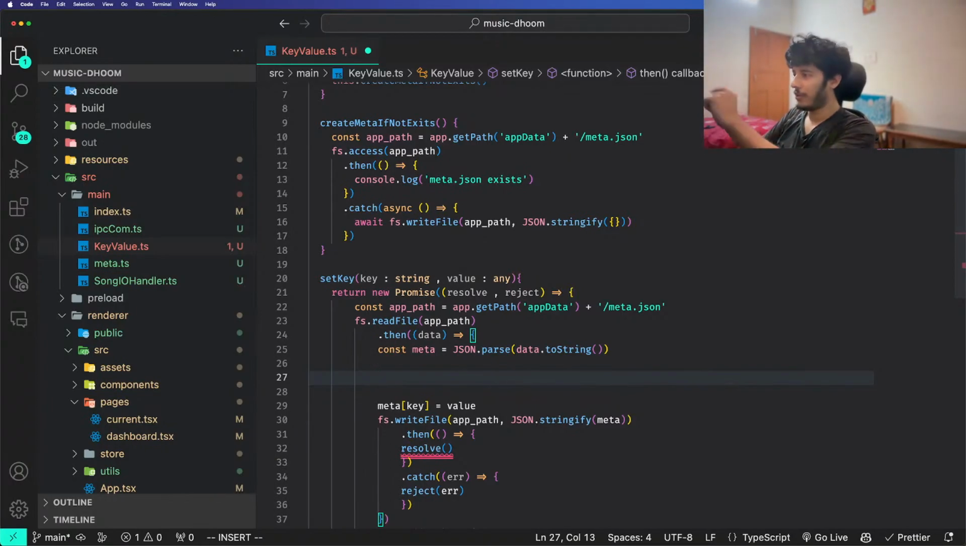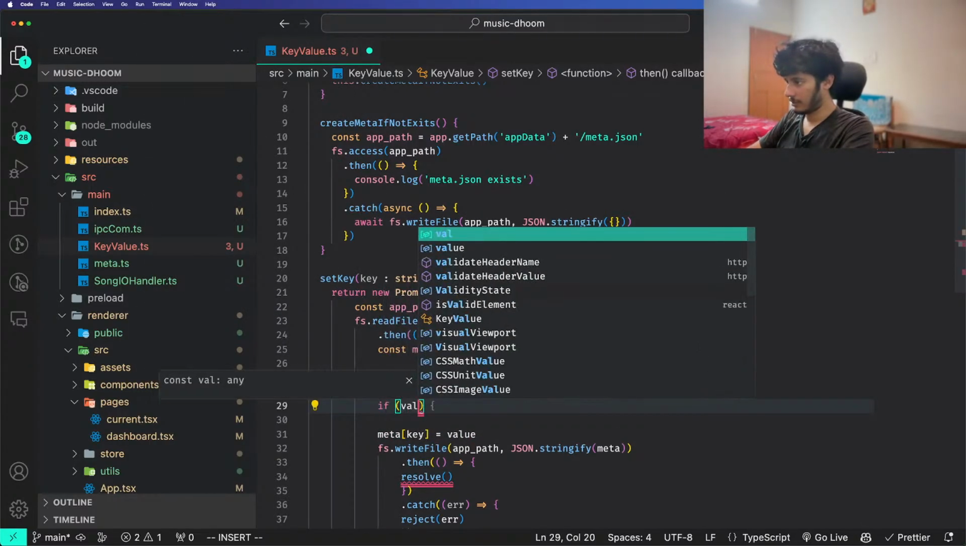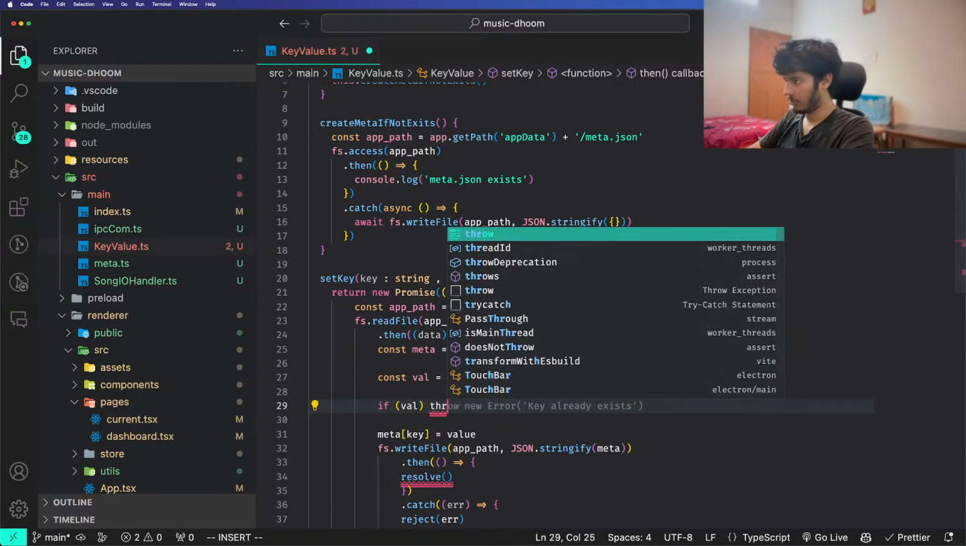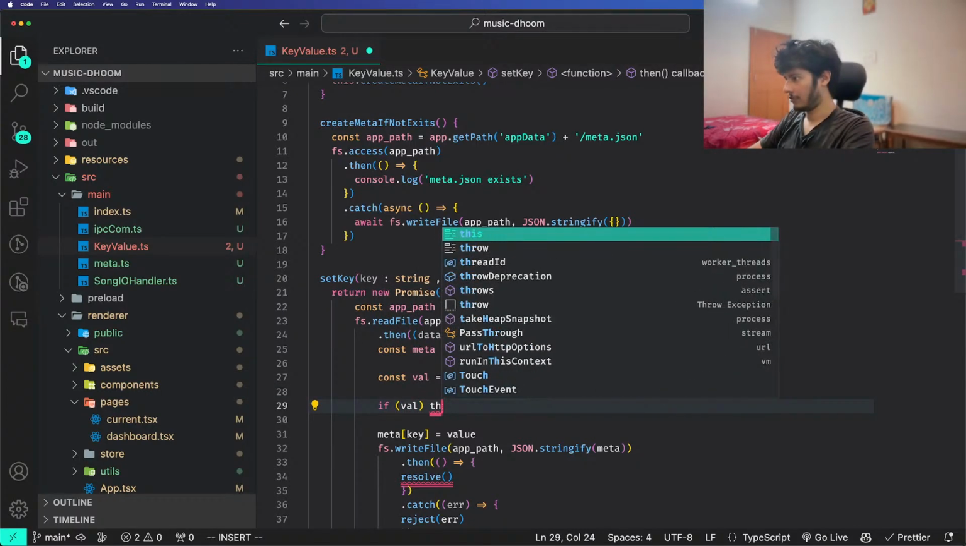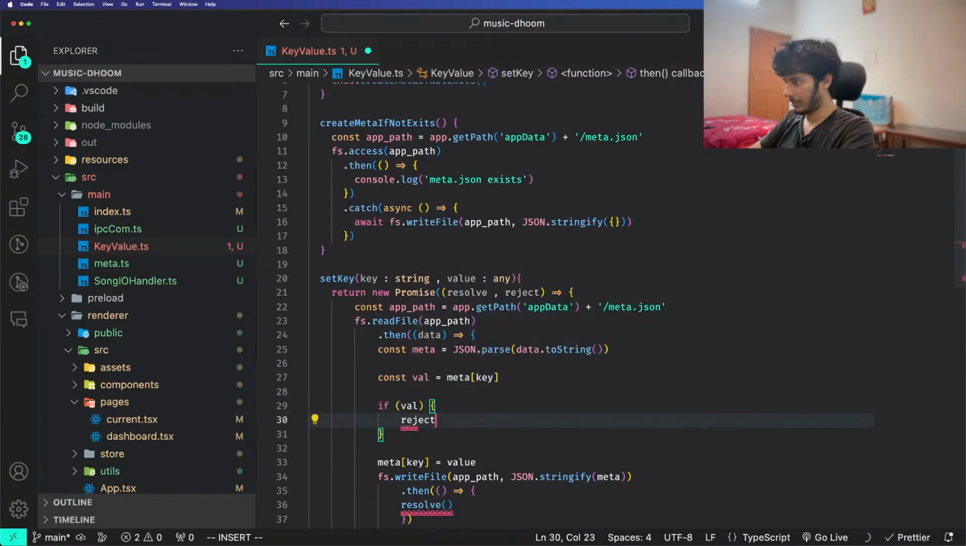Yeah. Okay. So we have metadata and we want to check if, okay, const val, if this already exists, whatever that key, if this exists, then throw a new error. So simply reject this and say new error, key already exists. Or Tapan, what do you say? Should we have an update and